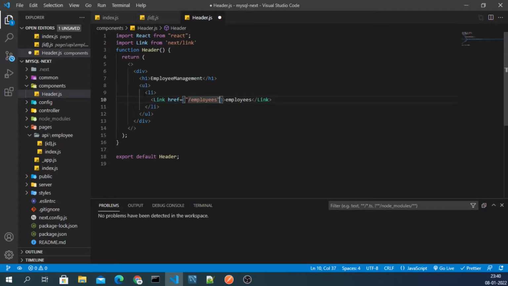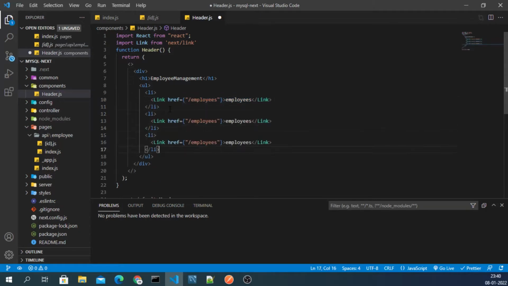and then we will need a couple of these, so we will just copy it and erase it like this, and we will just change the name. So here where we want to go, here we want to add employees. Okay, and here we have an about page, I think, and here we have a contact page, right?